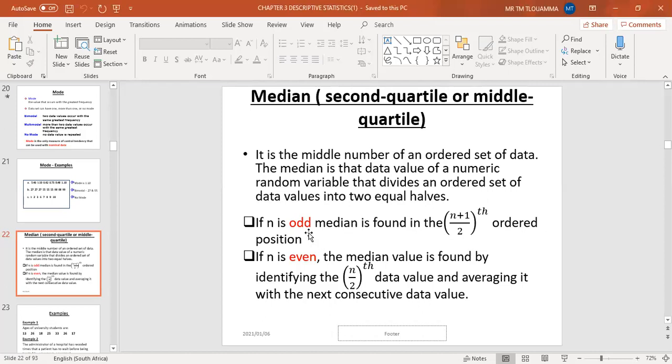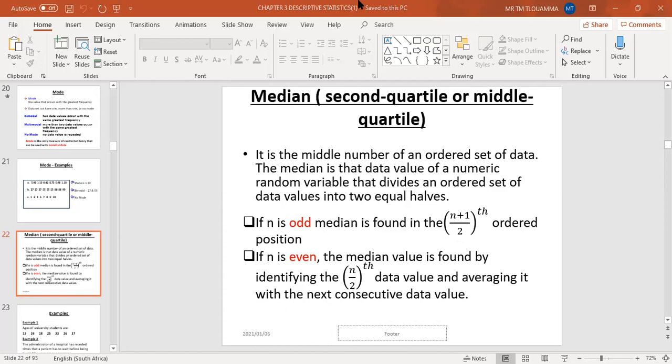So if it was an odd number, then our position we're going to find using this formula. So in this one, we don't have to average the data value with the next consecutive value. The position that we get when it's an odd number, we're just going to determine the value. Okay, the reason why they don't average it is because, if you can check,